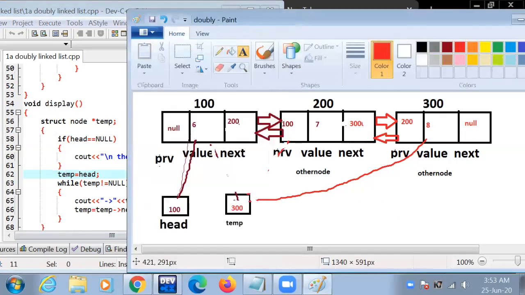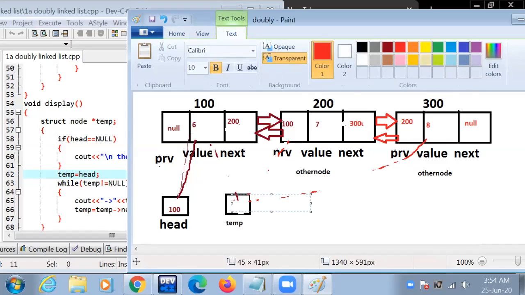Temp equal to head means the address of head is allocated in temp, and this link is removed. The address of head is allocated in this node.